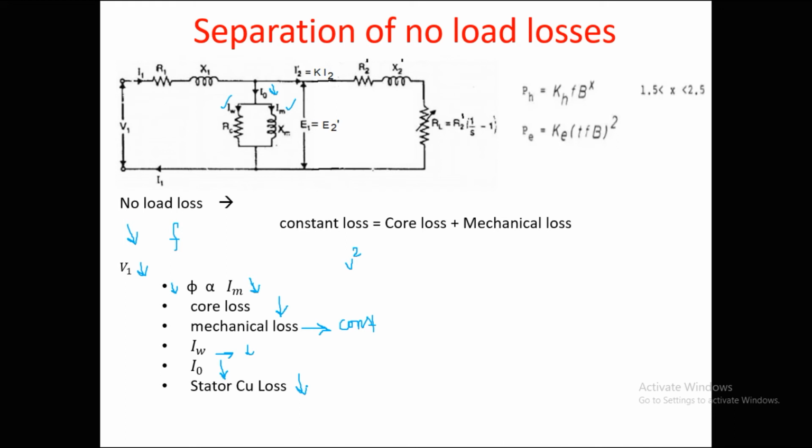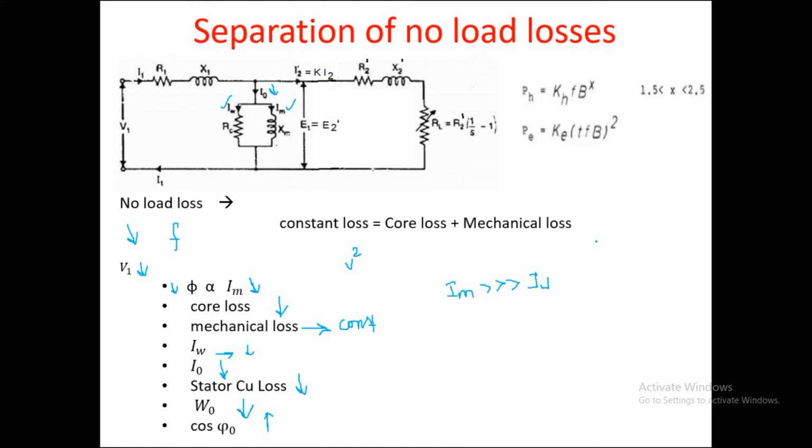So we can say the no load power W0, which we can measure by using the 2 wattmeter method, also will get reduced. So what about power factor? Here we have a reduction in the current. So we can say power factor is going to get increased, because the reduction in the magnetizing current component is very much greater than the reduction in the working component.